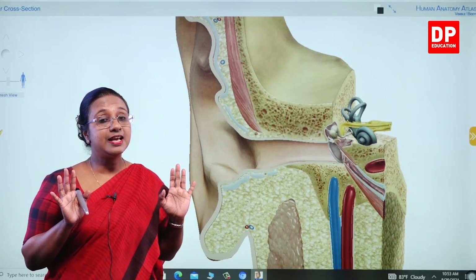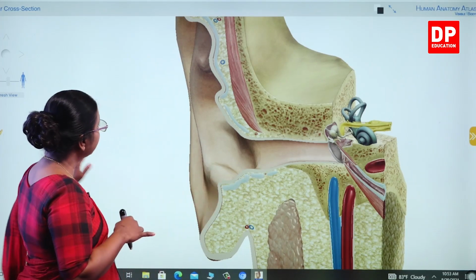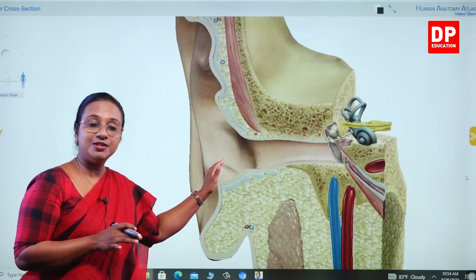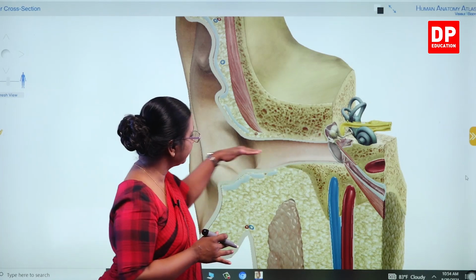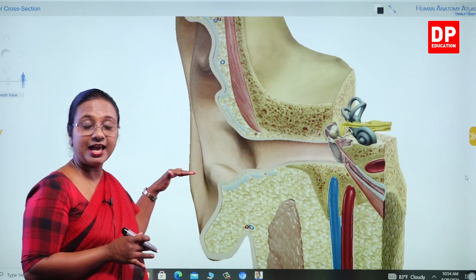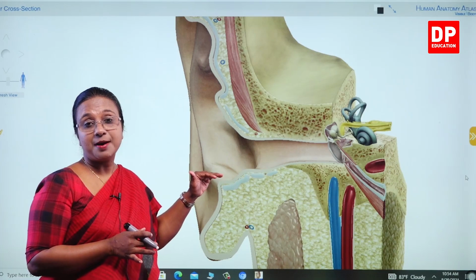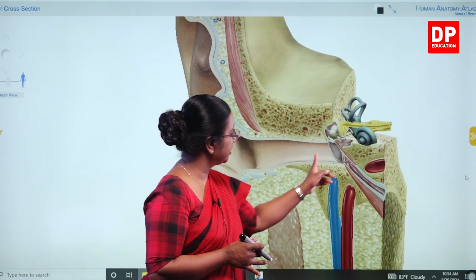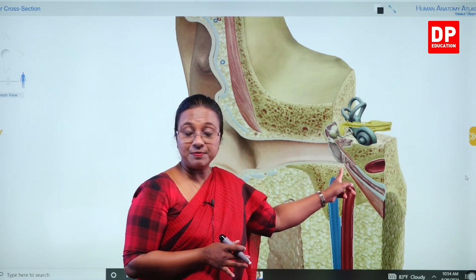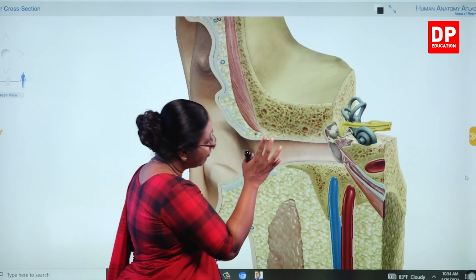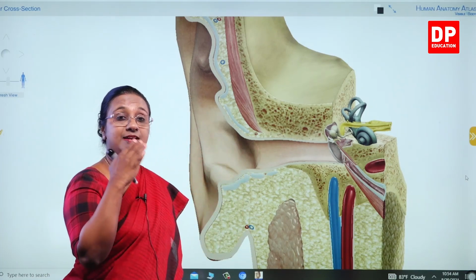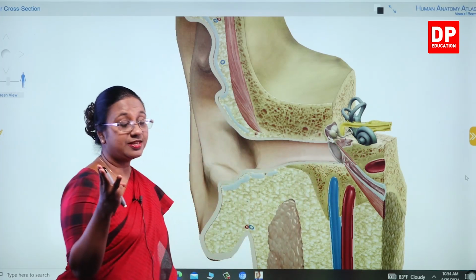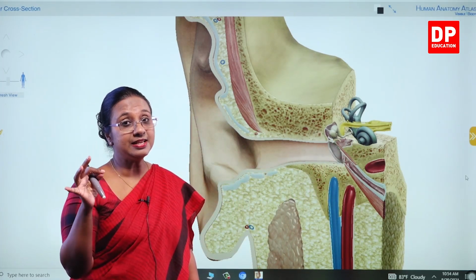So can you all understand the structure now? So what happens? The sound waves come towards your ear. The earlobe directs the sound into the ear, and then there is air filled inside the external auditory canal. Due to the vibration of air particles, the sound is transmitted through the external auditory canal to the tympanic membrane, and thereafter the tympanic membrane vibrates, transmitting the sound waves to the ossicles. And there are 3 ossicles as I said: malleus, incus and stapes.